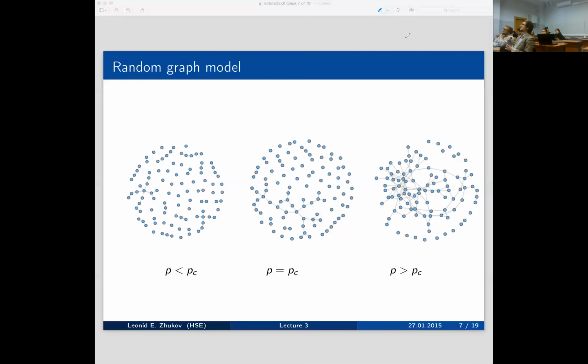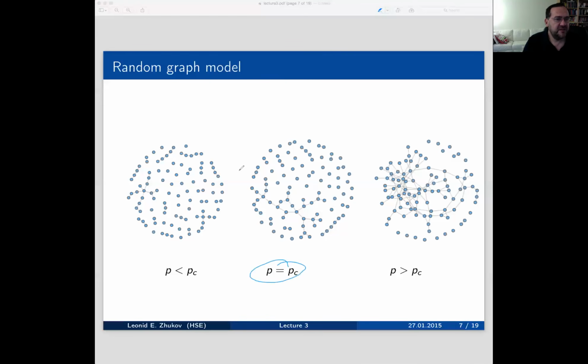It seems kind of obvious that it's something monotonous, but maybe you can give a more strict explanation of this fact. Okay, yes. So what we're going to do is derive, to calculate the point when this phase transition happens. And so you will see why it happens only once.